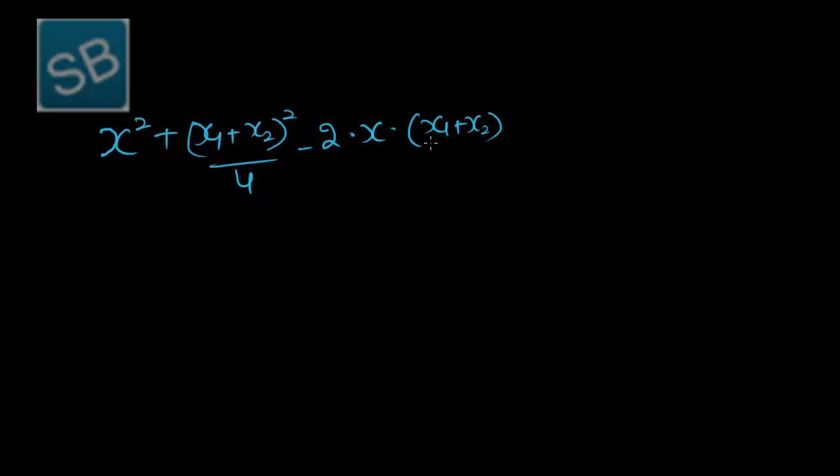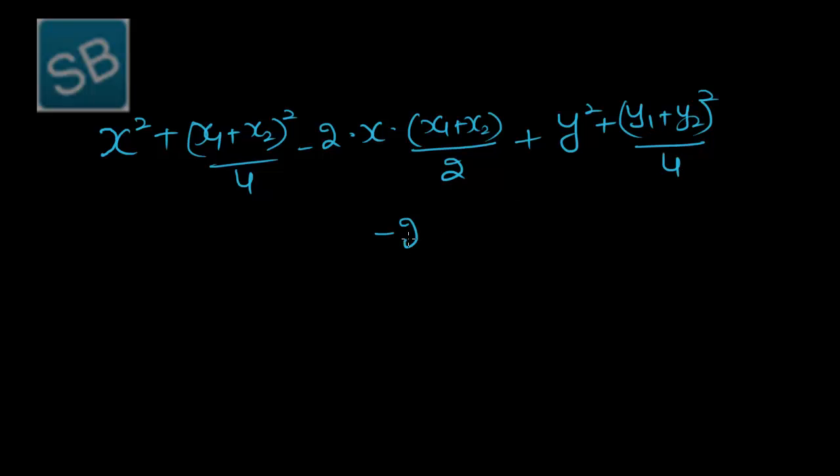So we get a square plus b square minus 2ab. Similarly, y square plus (y1 plus y2) whole square over 4 minus 2ab,